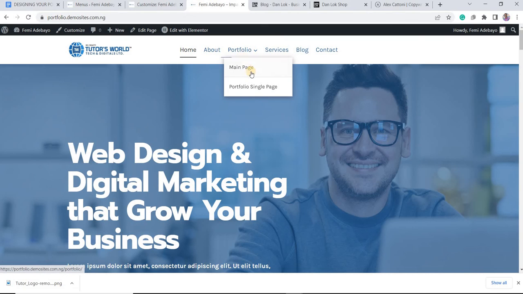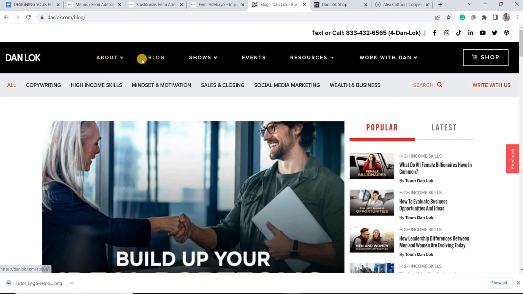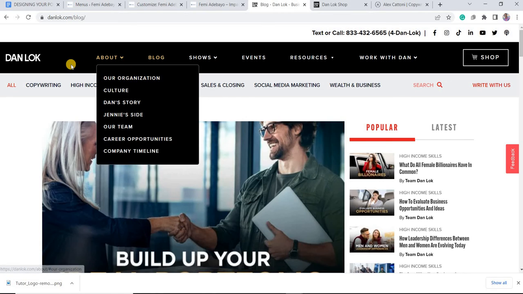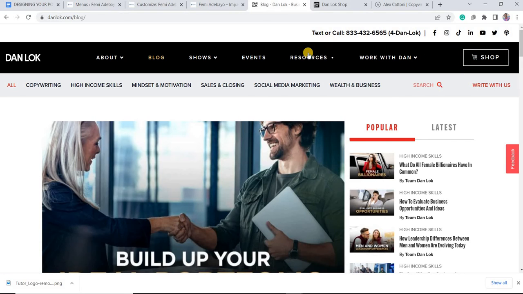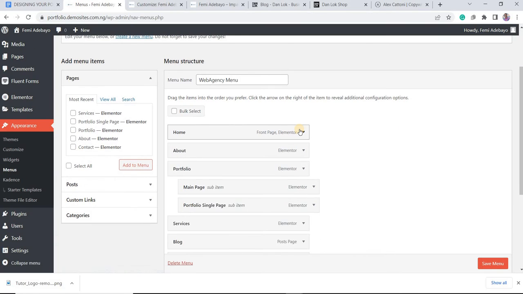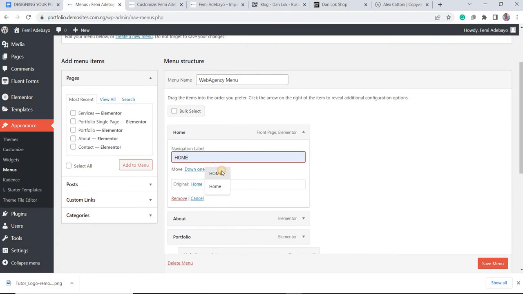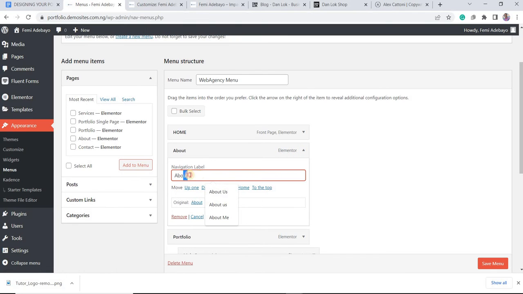So we have this portfolio and all that. Now you can say, well, in Dance's website, the headers are in capital letters. If you want to make yours capital letters, it's optional, you can just come here and type them in capital letters, you understand, and once you type it, let's just say